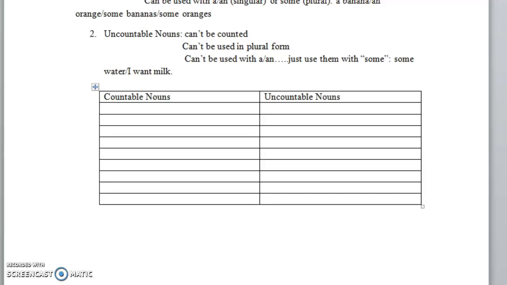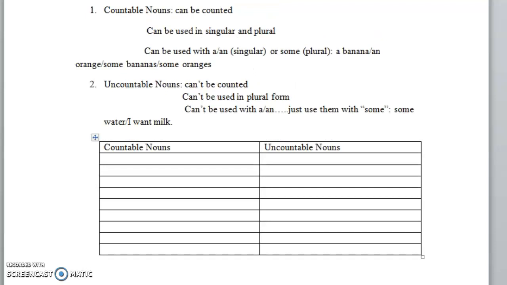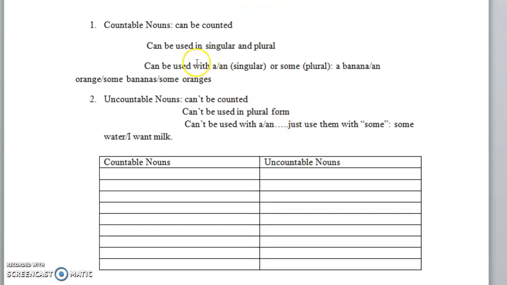Hi again. I continue what I started in the last video. So I will continue with the second part about nouns. I stopped while I was talking about countable and uncountable. And just a quick revision, as I was saying, countable nouns are nouns that can be counted and they can